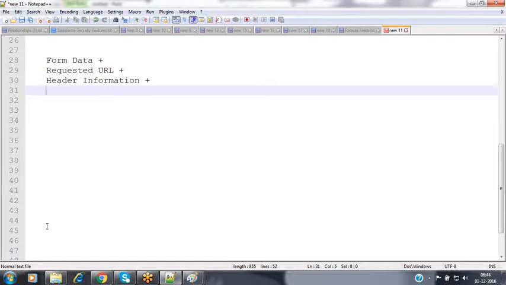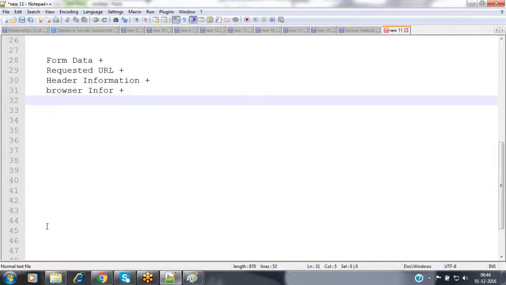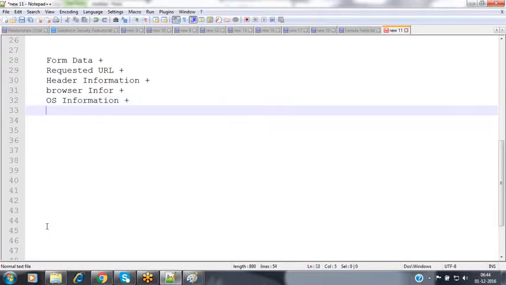And then it sends the browser information, which browser you are using, and your operating system information, which operating system and which version you are using right now. It sends your session ID.